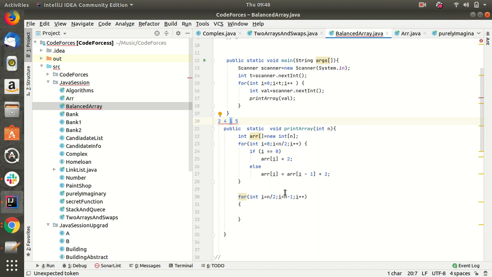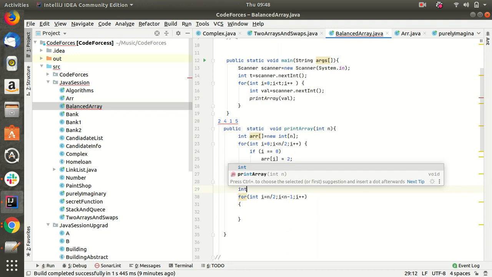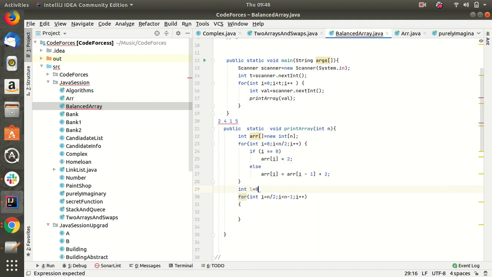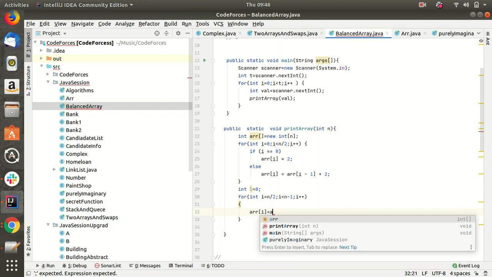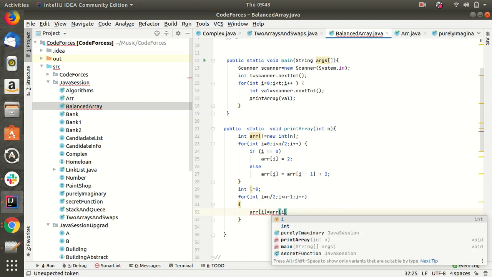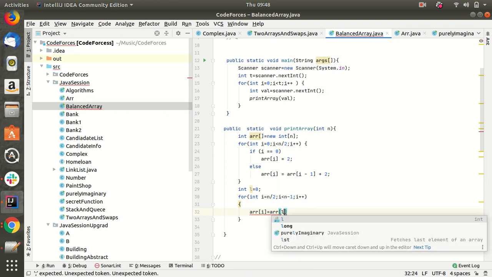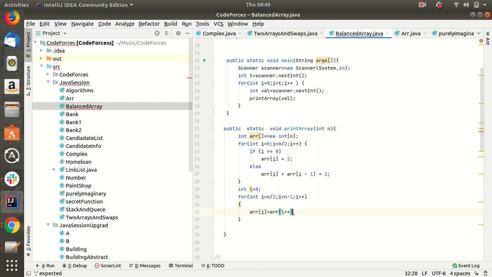What we can also do is take array of 0 minus 1, so that will be better. So I am taking another counter, int l equals 0. Array of i equals array of l plus plus minus 1.